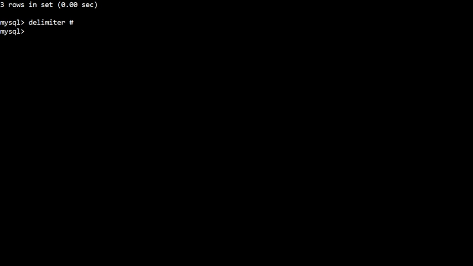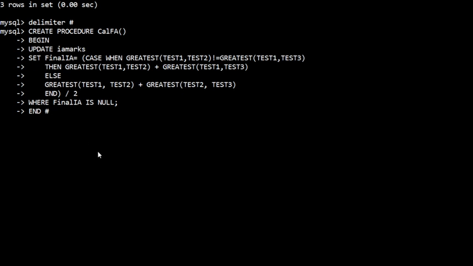Then you need to write the procedure for updating the IA marks. I'll show you the procedure here. While creating a procedure, you write create procedure and give the procedure name. The empty parenthesis says you're not passing any parameters to this procedure. Then the procedure body or definition must be included within begin and end keywords.